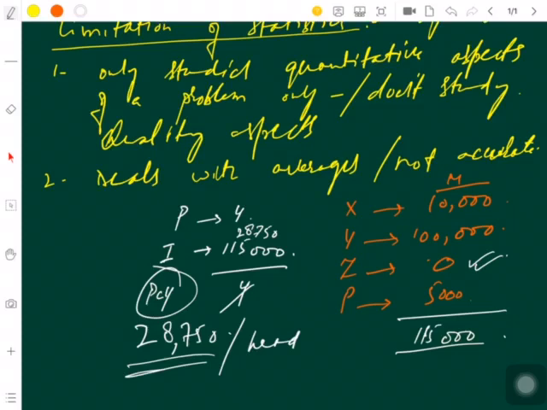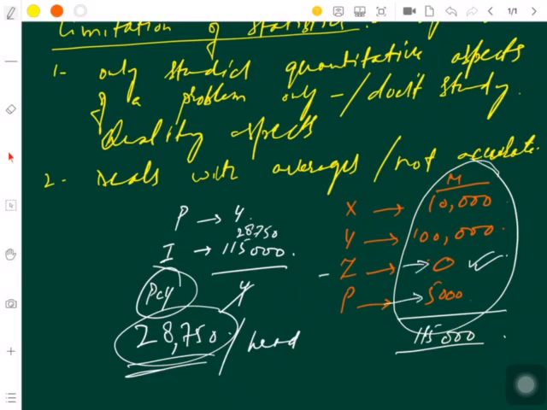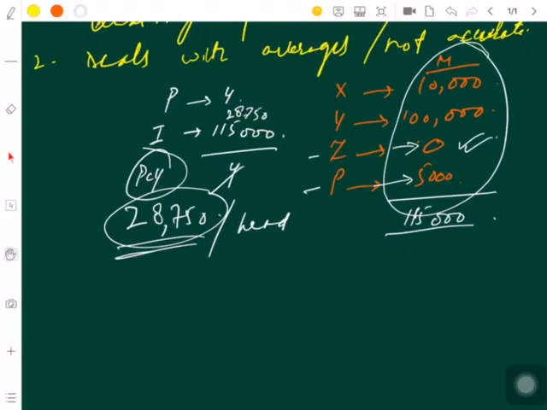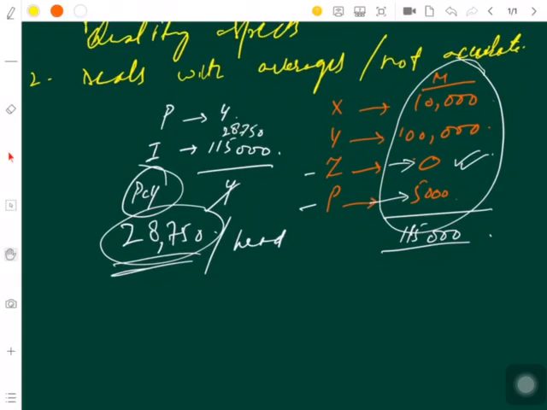So statistics will deal only with this. This is the average income of this nation's persons, every person. So the government will formulate a policy, and that policy is not going to affect or help person Z and person P. That is the problem with the average. That is why averages are not always accurate. Number 3 limitation of statistics is that it does not study individual cases, as I said earlier in the above example. Number 4 could be,